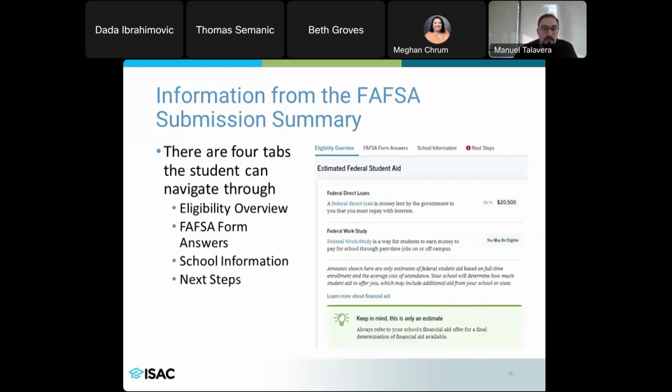That information will display what their eligibility is, their responses to the FAFSA questions, and any next steps, especially if they've been selected for verification. You see this is categorized by tabs, and they can always go in and see exactly what's going on.